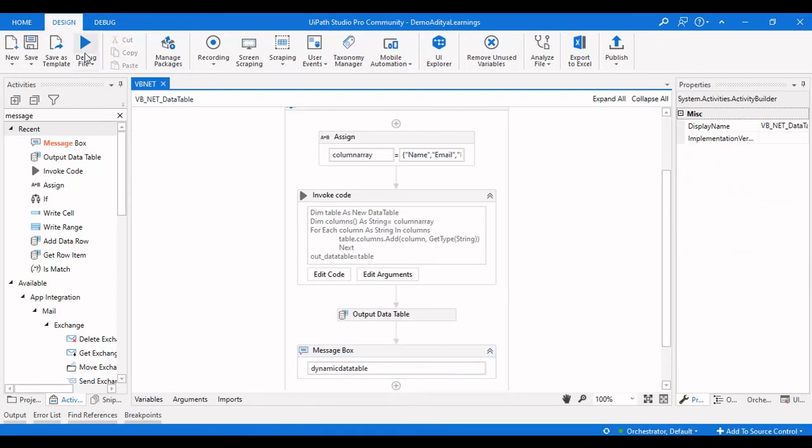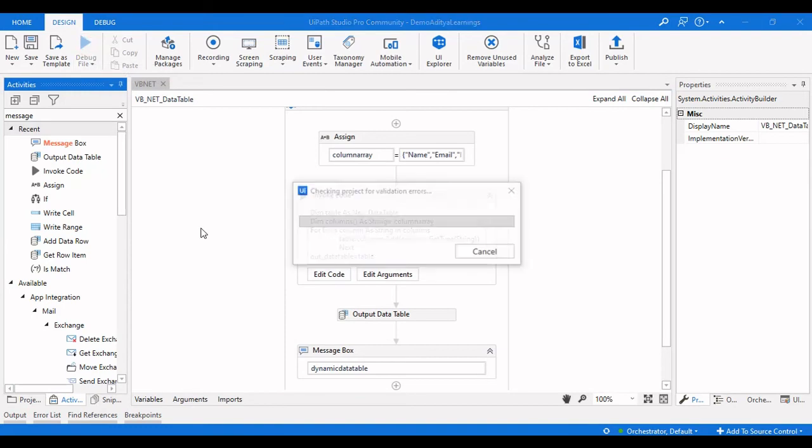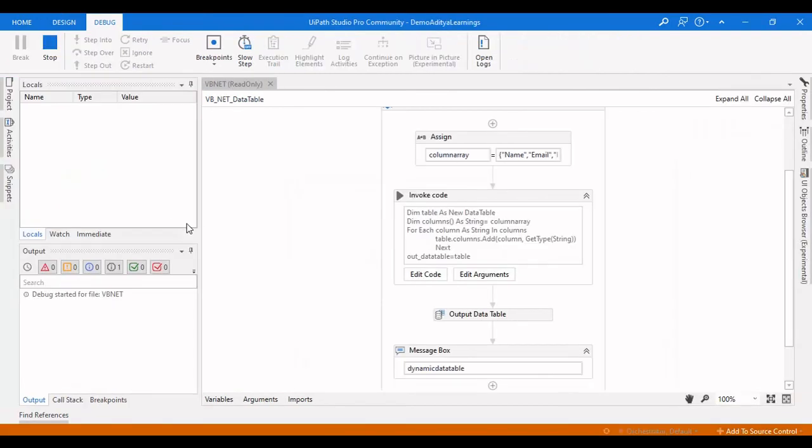Let me save this and execute this so that we can see the dynamic data table here. The code has started now.